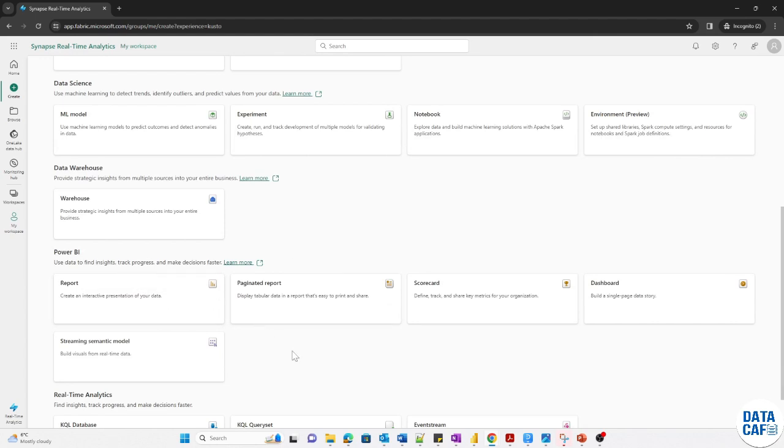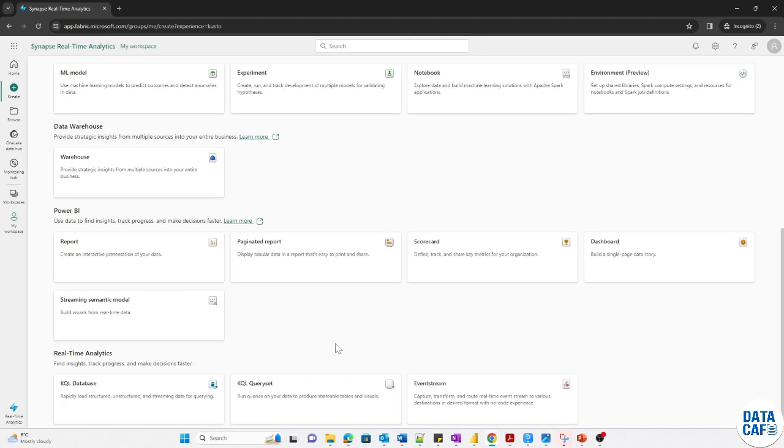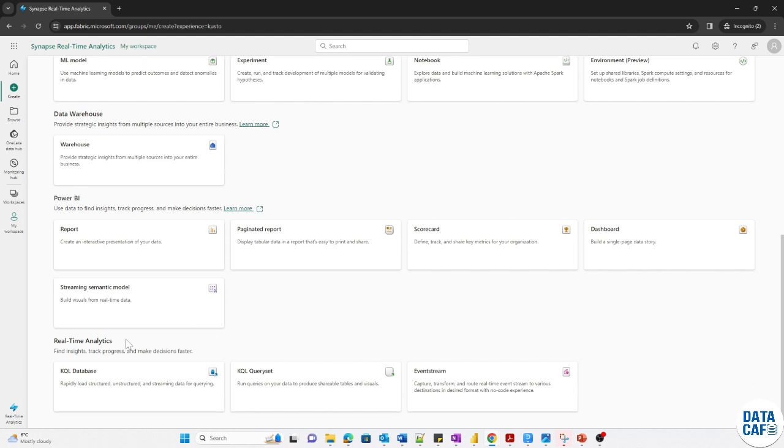And in the Power BI sections, you can create reports, dashboards, scorecards. Even if you want to create paginated reports, you can create them in the Microsoft Fabric. And also you can use the streaming semantic models under the Microsoft Power BI environment. And lastly, we have real-time analytics, KQL database, KQL query sets and event streams. So that is about the